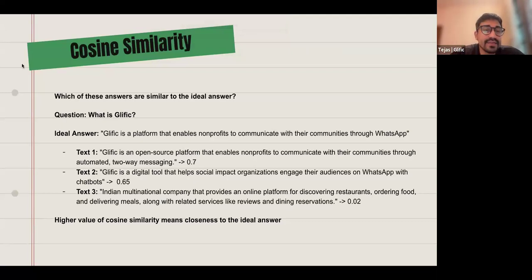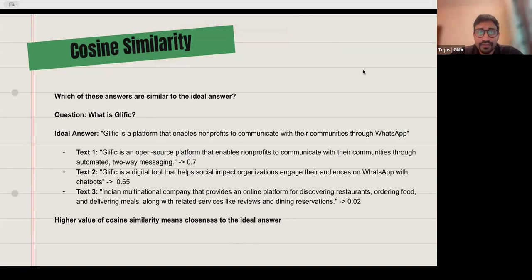So that's what cosine similarity does. It just compares all the words in this answer to the AI generated answer, and it tries to give a score about how similar the two answers are. We hope that this helps you get a better understanding of cosine similarity. When we get a number for cosine similarity, what does it actually mean?